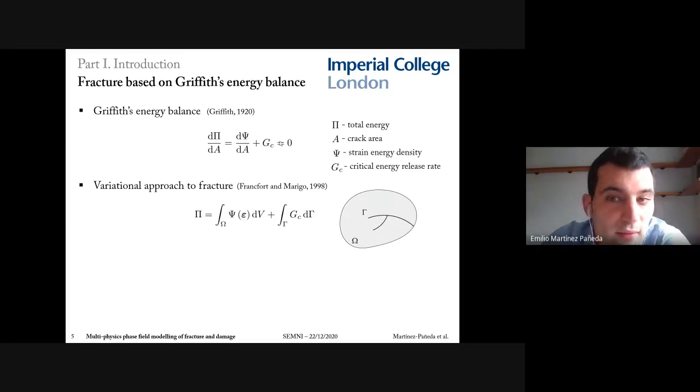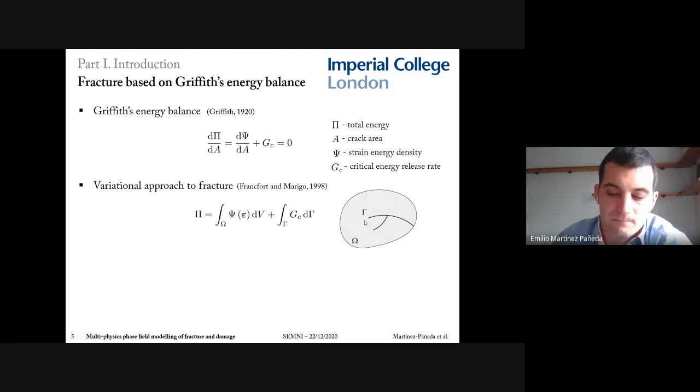And one can formulate Griffith's energy balance in a variational form, with a term accounting for the stored elastic energy in the solid, as given by the strain state, and a second term characterizing the fracture energy, so the energy dissipated by the formation of a crack. Therefore, crack nucleation and growth can be predicted naturally without ad hoc criteria, as dictated by the minimization of this energy conservation statement. However, minimization of this Griffith energy functional is hindered by the fact that the crack surface gamma